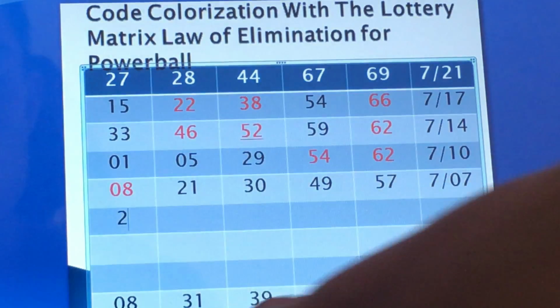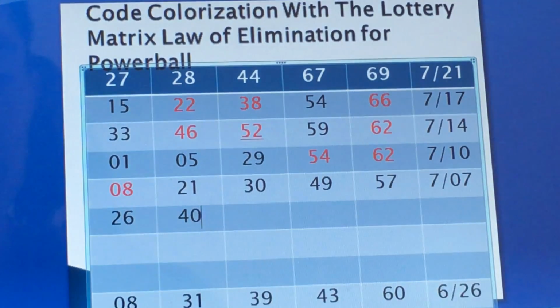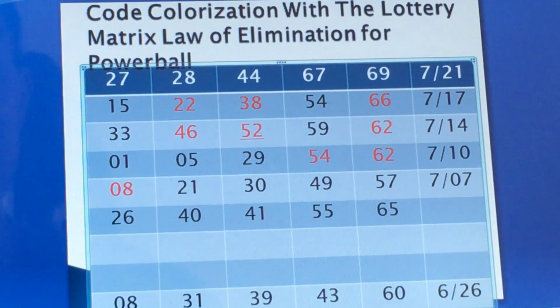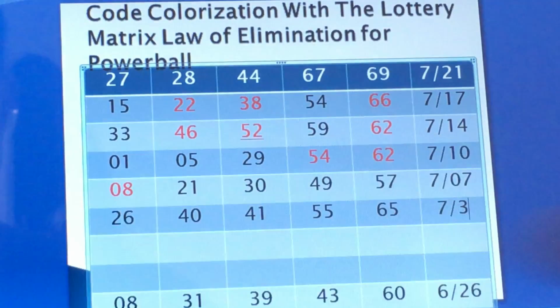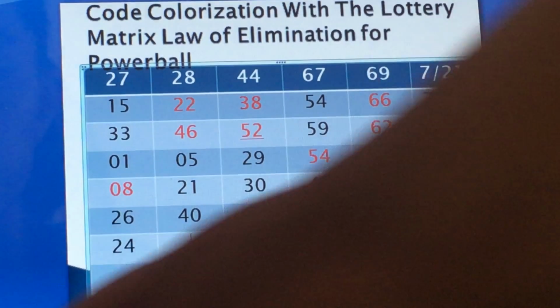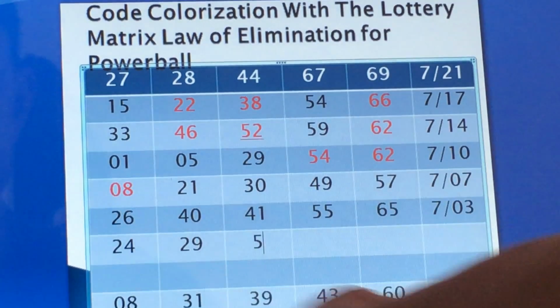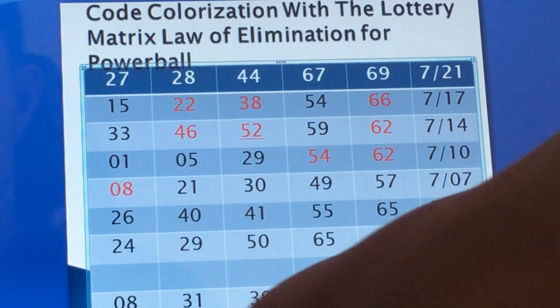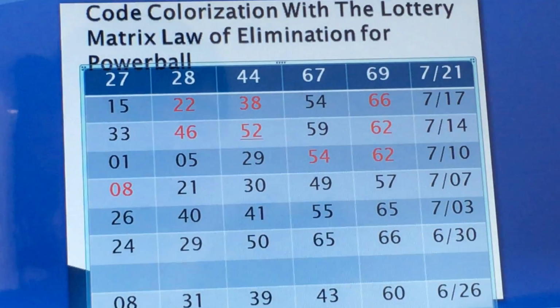So the next 2 draws are 26, 40, 41, 55, and 65. And again, you have 7, 03. You have 703. So 703, that's what you have. The next draw, you have 24, 29, 50, 65, and 66, and that would be the 630 draw. So 630 draw, and as you can see,